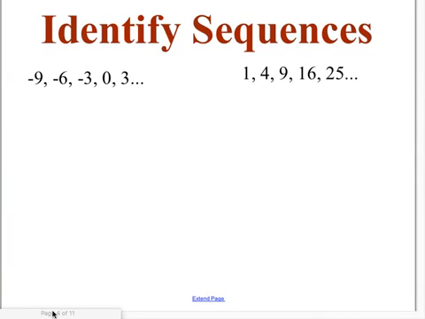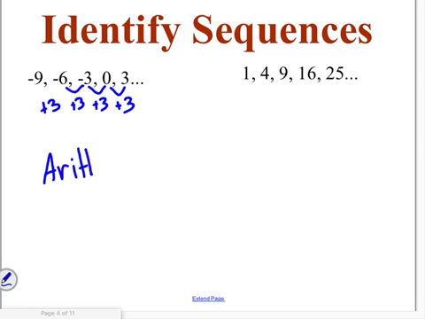First thing we want to do is to be able to identify if a sequence is in fact arithmetic. So we're looking for that rate of change or that common difference. To get from negative 9 to negative 6, I added 3. To get from negative 6 to negative 3, I added 3. To get from negative 3 to 0, I added 3. And to get from 0 to 3, I added 3. So this is arithmetic,